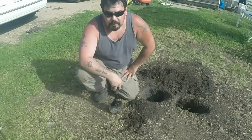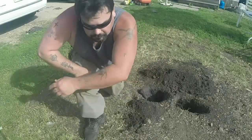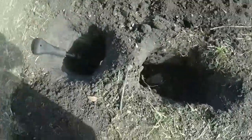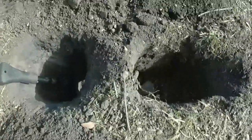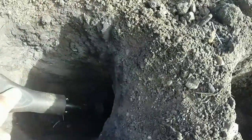Like I said, I've done this to save some time. I've gone ahead and dug the hole. I'll bring the camera up a little bit so you can get a closer view. What I have here is two holes that I've dug side by side. As you can see, I have dug an air shaft to the other side. So I'm hoping you can see that good. I'll come to the other side here. So there it is. I'm probably 1.5 feet deep on my wood side,